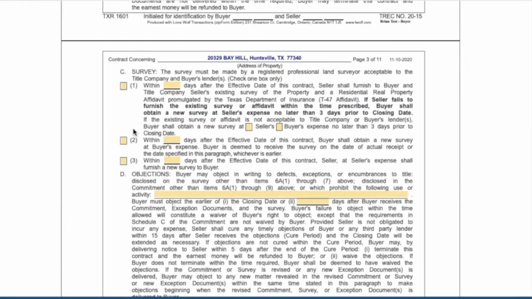3 options on the survey. So this says that the seller has 5 days to turn in the survey. This says that if they fail to do that, then the title company is going to order a new survey at the seller's expense. This first box also says that if they turn in one and that one doesn't meet, it's not acceptable to the title company or to the buyer's lender,